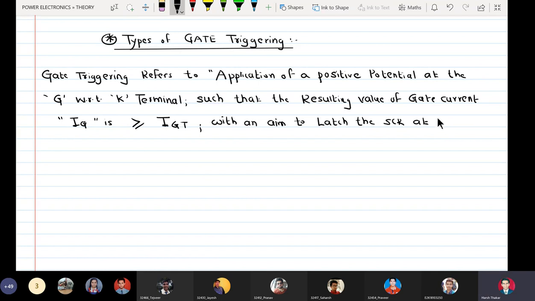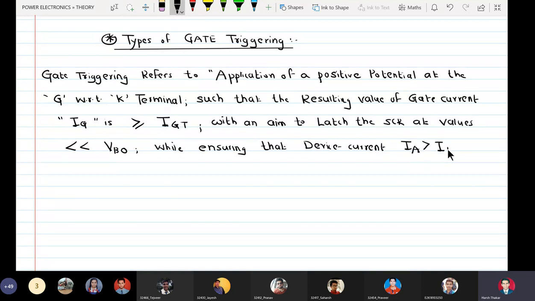at values much lesser than the breakover voltage, while ensuring that the device current IA is greater than IL.